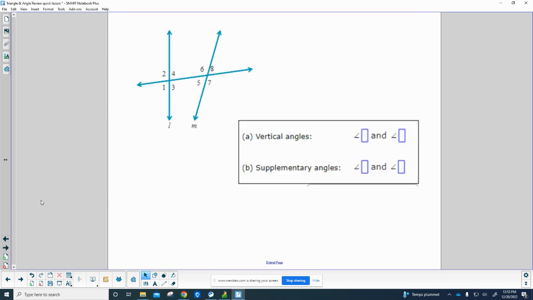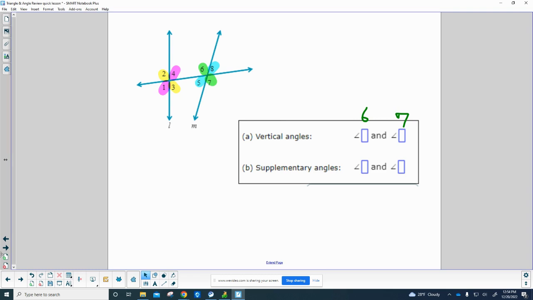Next, we have a diagram with a couple of lines intersected by a transversal. We've created 8 angles. We want to look at what are the vertical angles, and those are angles that are diagonally placed across these intersections. So I've marked each of them for you. There's actually 4 different possibilities here, and I just picked one to write down for the answer, 6 and